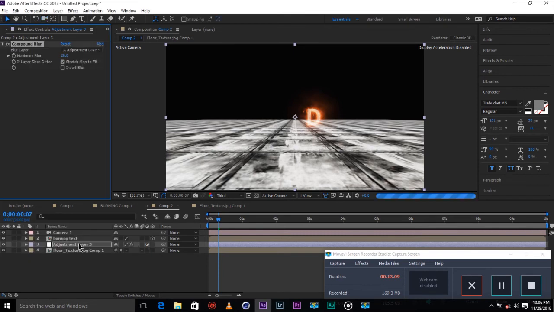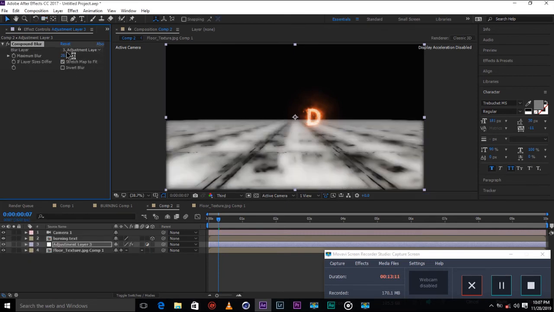This compound blur will enable us to get that floor look we're going for. So in the blur layer, we set the blur layer to our floor texture, and see what happens. Let's turn off our floor texture,